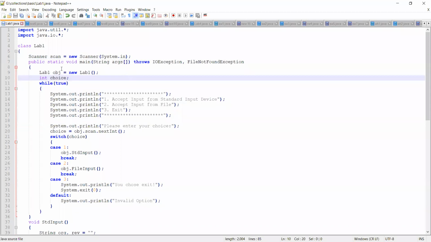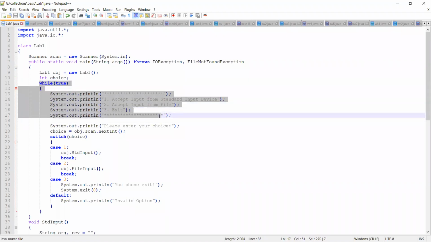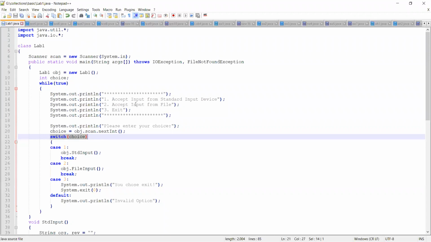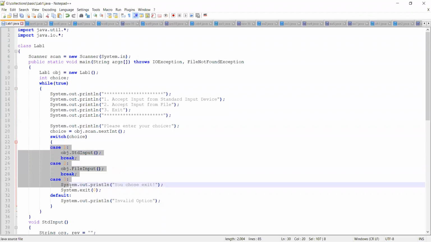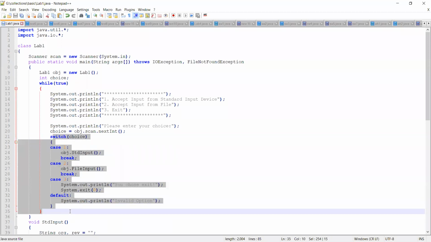Inside the main program, we have created an object for the class, since we are supposed to implement two options in our program. The first is accepting the data from the input device and writing to the output device. The second option is to accept the data from the file, reverse it, and return the reversed data back to the file. Since these are the two options, we have written a menu driven program, and we have used a switch case to switch between these two options based upon the requirements of the user. And case 4 is for when a user enters an invalid option. I hope all these things are clear.